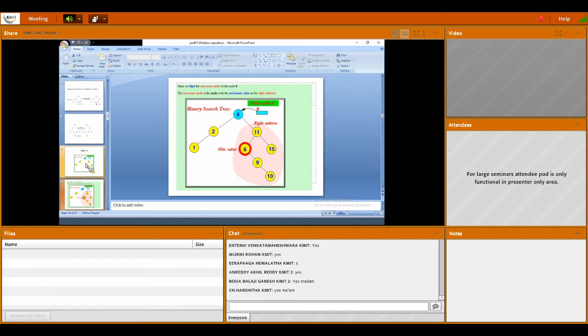Take out 8, and 9 is the right child of 8. Listen, it is a shortcut: 9 is the right child of 8. Now, after taking out 8, 9 should be connected to 11 as a left child. We are not violating the rule, but 10 should be the right child only.